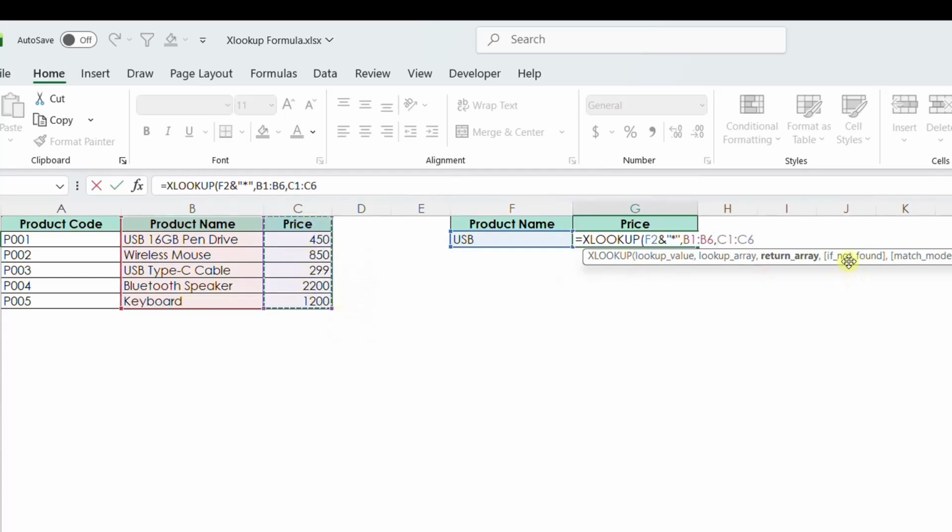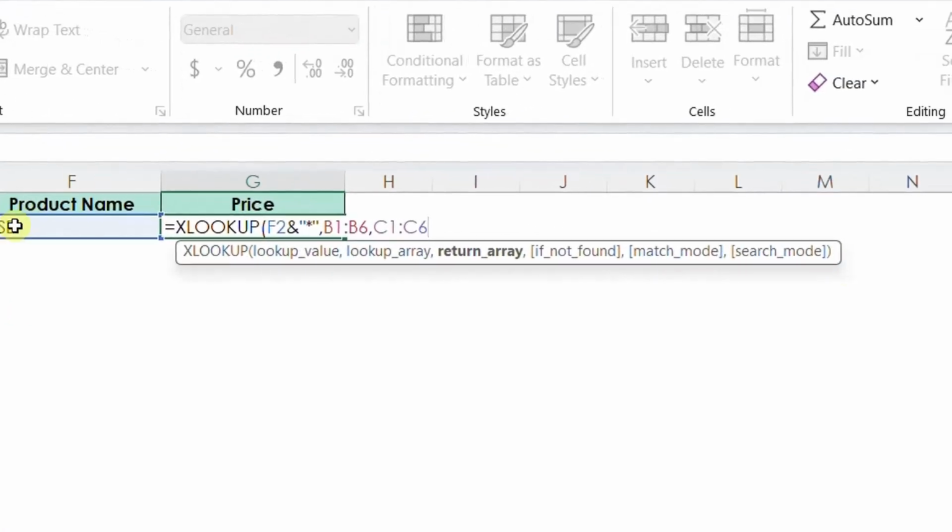Now we have these arguments that we have not used as of now, the optional arguments. So the first argument is if not found. In case this product name is not found in this lookup array, then what do you want to return? We will return NA or not available. Let us write not available